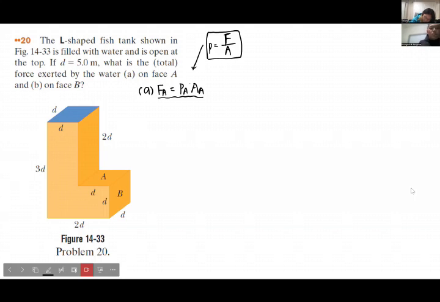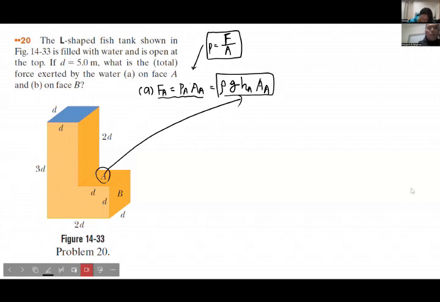So now the pressure is the density times the gravitational constant g, times the depth h_A of this face A, and your area A. Okay, so that's the definition of the pressure